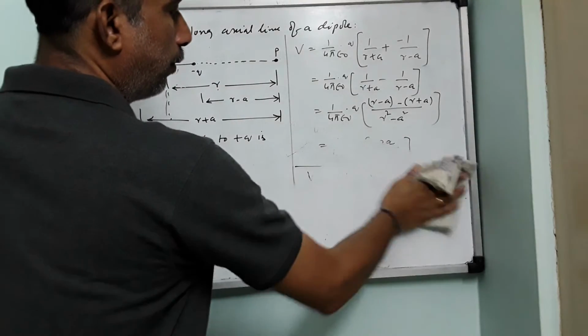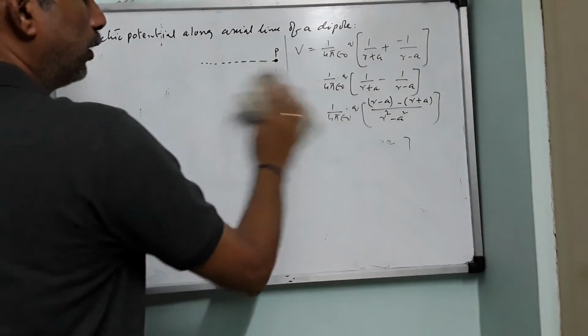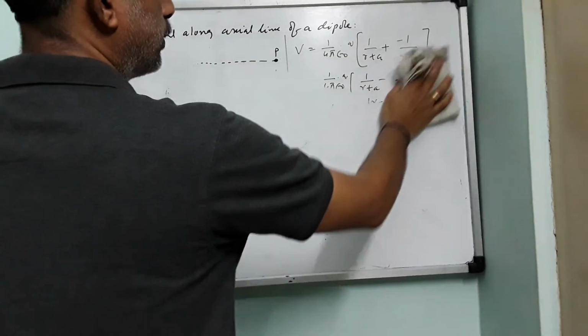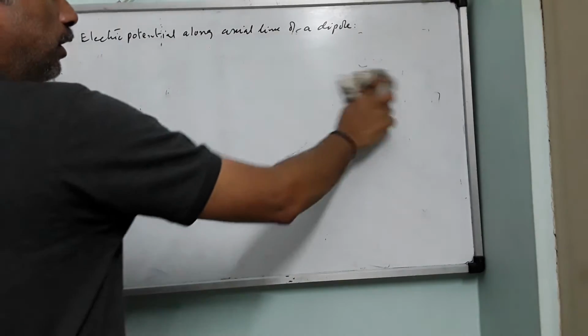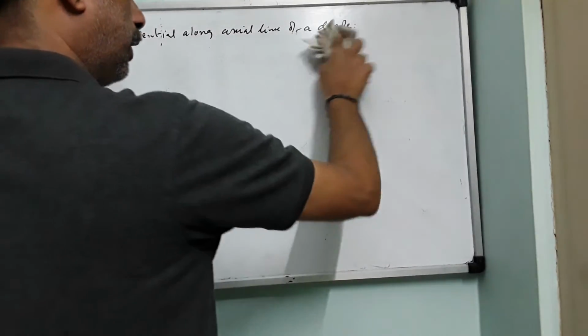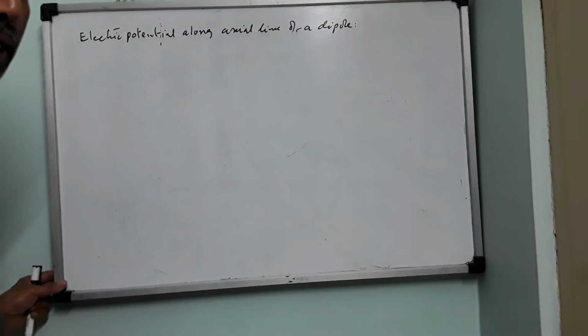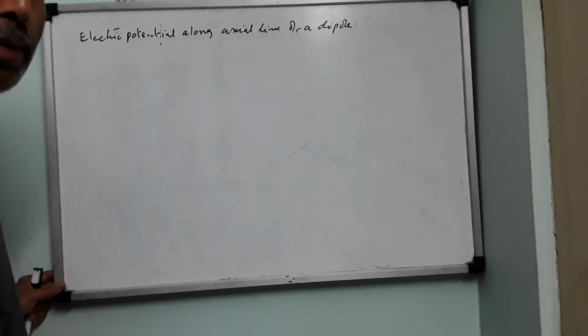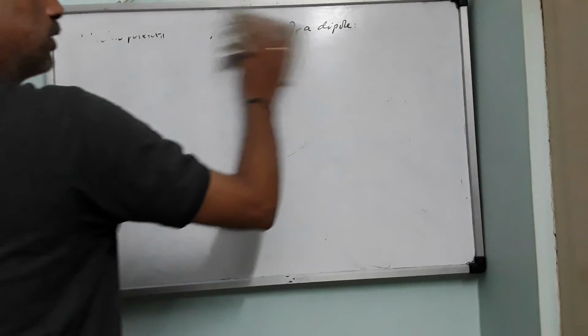so we don't have only a dipole like positive and negative. There may be so many charges involved in the system. Like we have a triangle where there are 3 charges fixed at the vertices of the triangle. There may be a square where 4 charges are fixed on the corners of the square. There may be a pentagon, there can be a hexagon, any geometrical shape; regular shapes only we deal with. In such a case, how do you calculate electric potential at a given point? So that is our interest now.